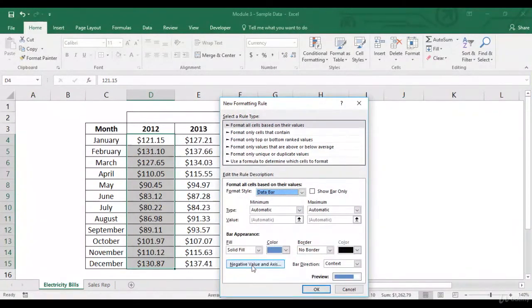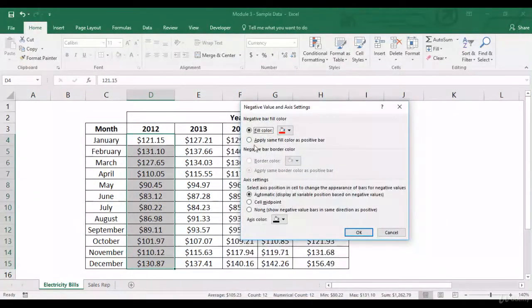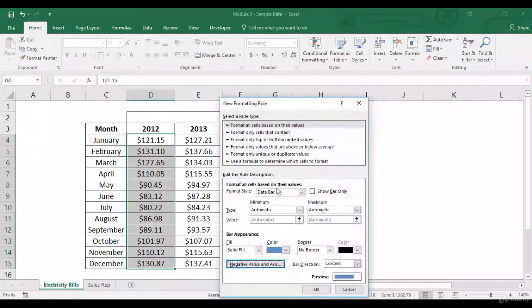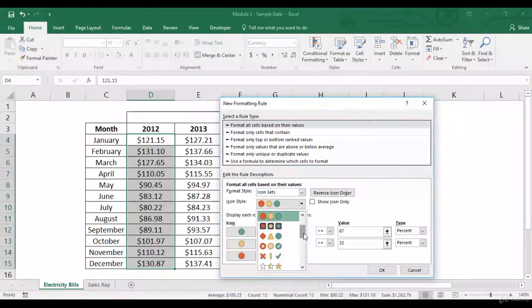You can also change the negative values and axis. You've got these options over here, which you can explore. You can change the color, or you can change the axis settings also. Usually it takes automatic, which is display at variable position based on negative values. You can select cell midpoint also. Now let's do cancel, and let's look at icon sets.